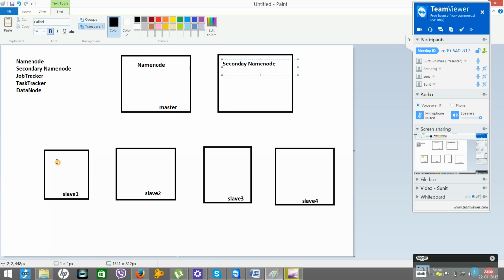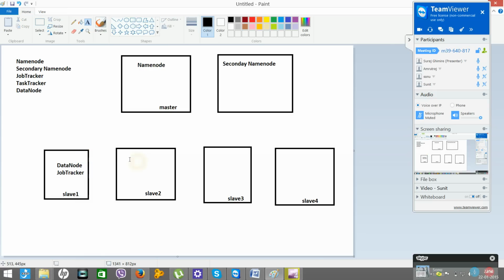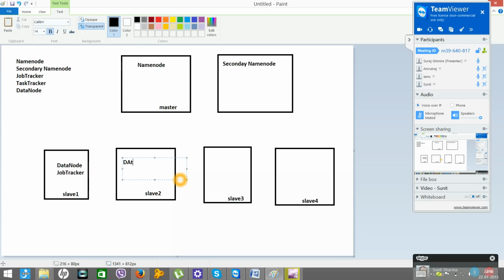Now here we'll have data node, and we'll have task tracker.